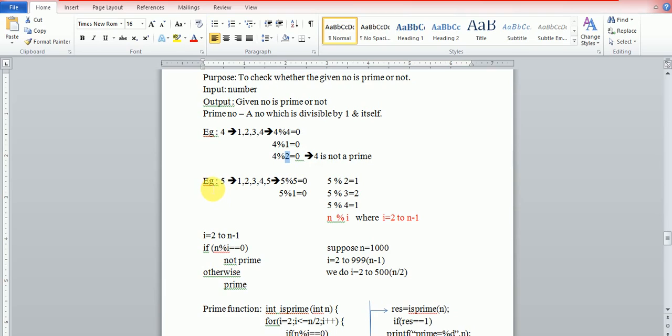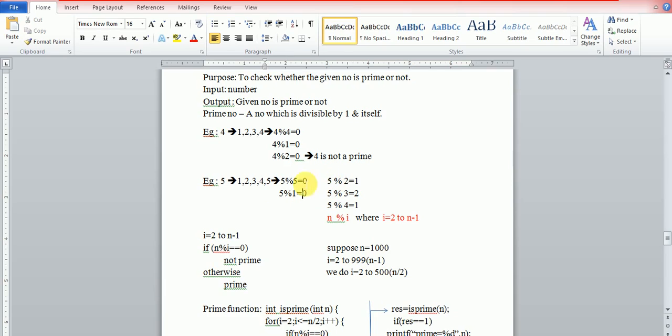Now consider example 2, that is 5. There are totally 5 numbers ranging from 1 to 5. 5 divided by 5 will give 0, and 5 divided by 1 will give you 0. This is the basic condition for a number to be prime, that it should be divisible by 1 and itself.